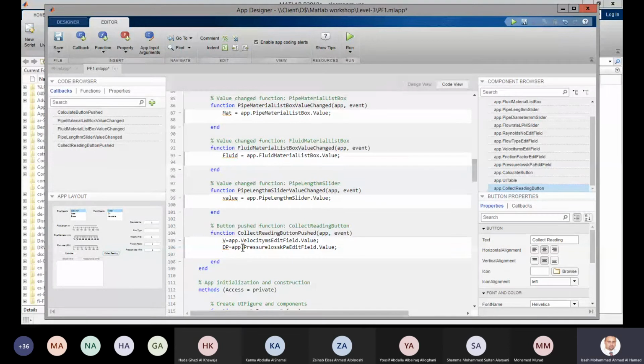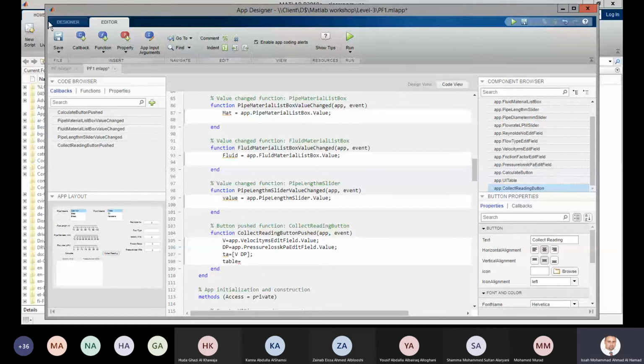I will define a matrix TA, I will call it, equals to V and dP. Okay. Now, I will define the table as